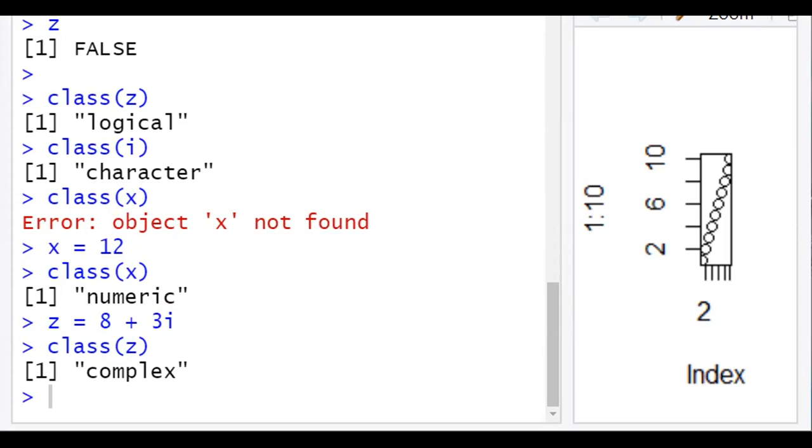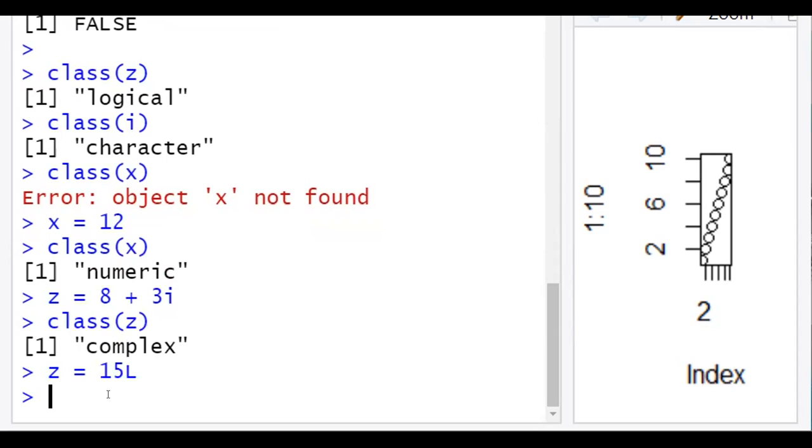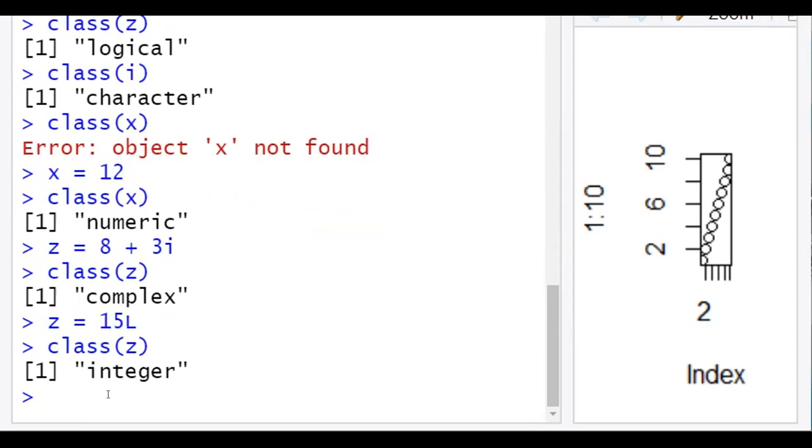And for an integer, we can write like this: z is equal to 15 followed by L. This L indicates it is an integer. Now if we check the class of z, we can observe it is integer.